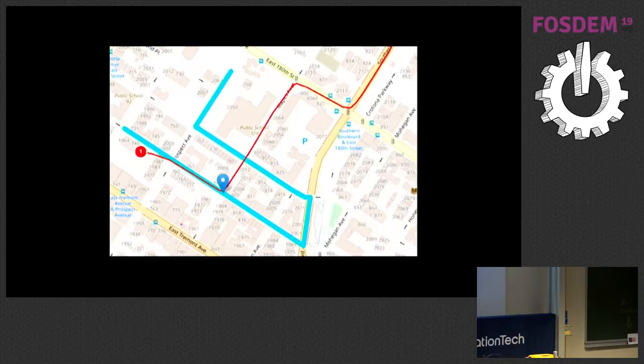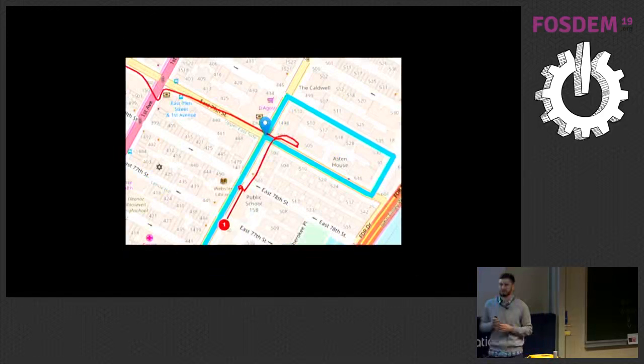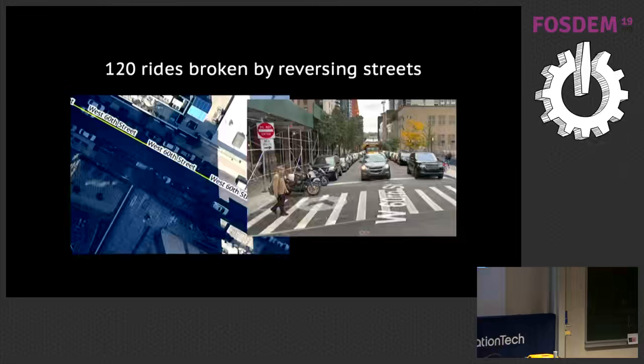Some false positives come from, for example, sudden drift of a GPS signal, which obviously cannot match to anything, or when taxi drivers make a sudden U-turn to turn left where it's forbidden to.